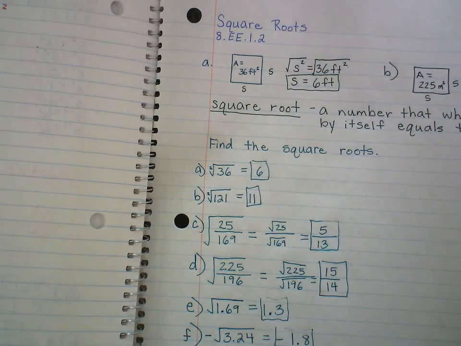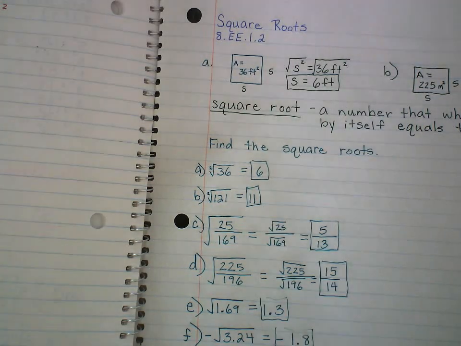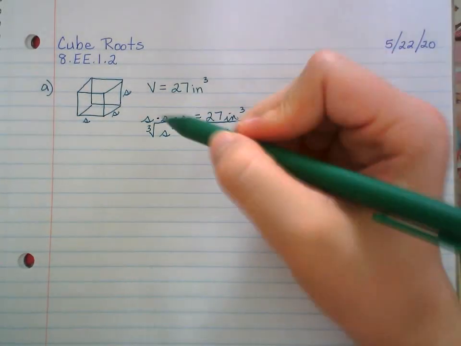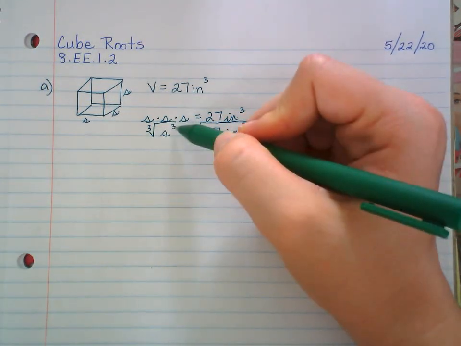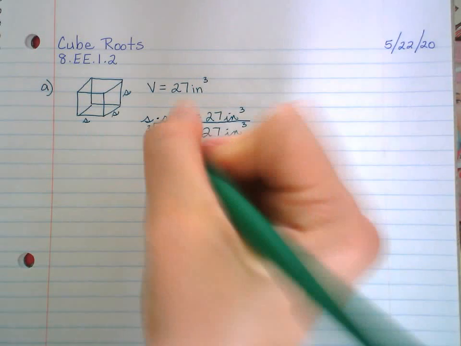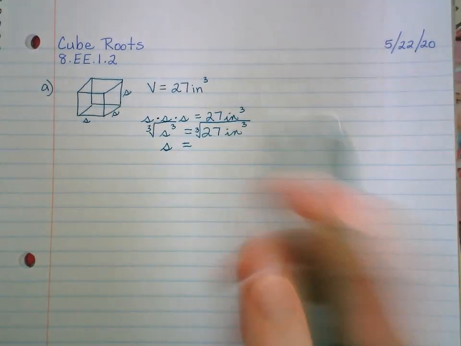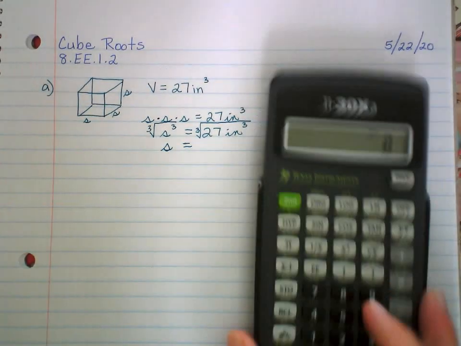Just like it's assumed that there's the number 1 in front of a variable. But for cube root, you can't just assume it. You have to write the little 3. So with a cube root, the radical with the 3 and the exponent of 3 cancel each other out and give us s. So you might already know that it's 3, but if you don't know, you can check it